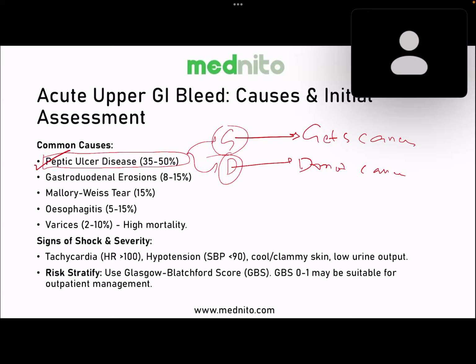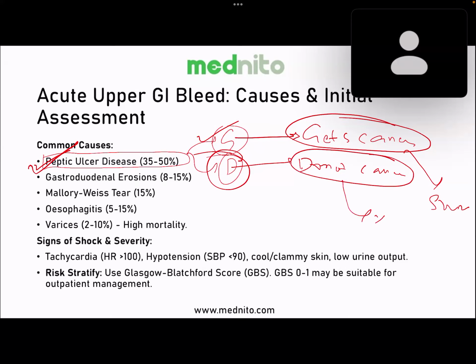If the patient has got a peptic ulcer and it is a gastric ulcer, the patient can get gastric cancer. So surveillance is important for this patient. If the patient has got a duodenal peptic ulcer disease, which does not get cancer, there is no need for surveillance or the follow-up endoscopy. All right. The examiner will tell you that the patient is eating spicy foods. Patient has got H. pylori infection, and now the patient is usually presenting with abdominal pain. You'll have to think of peptic ulcer disease.